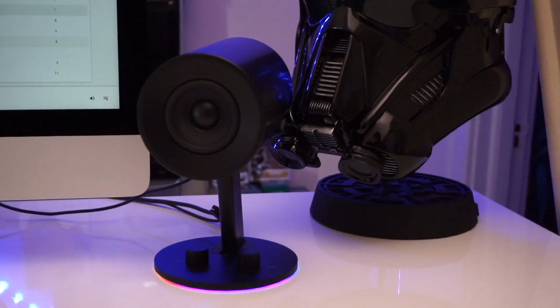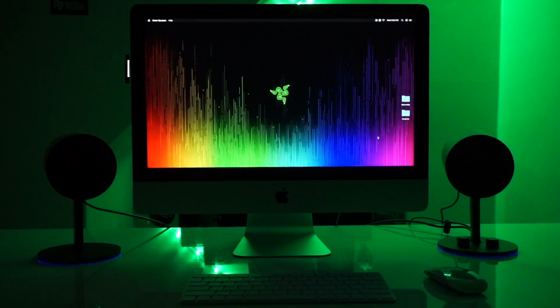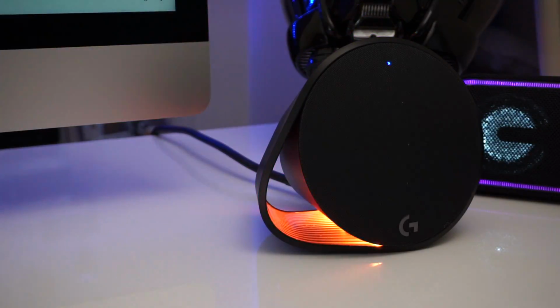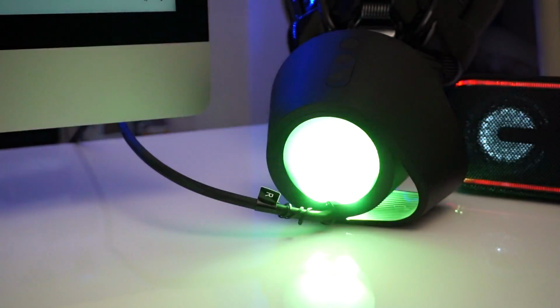Both the Razer Nommo Chroma and G560 have some form of RGB lighting that will flash in correlation with what you're playing, but their setups and capabilities are very different. The lighting on the Nommo Chroma is very localized to just its base, whereas the G560 has two sets of LEDs that can flash independently from one another. There are your front LEDs facing you, and then there are LEDs on the back that act more like a